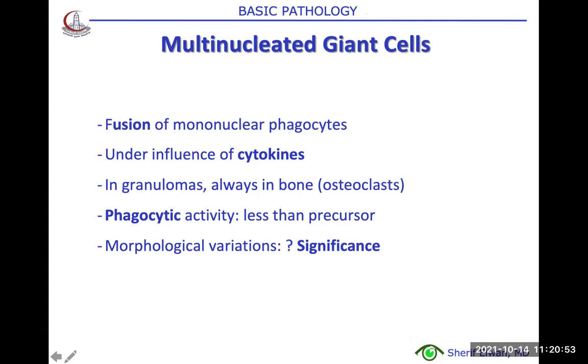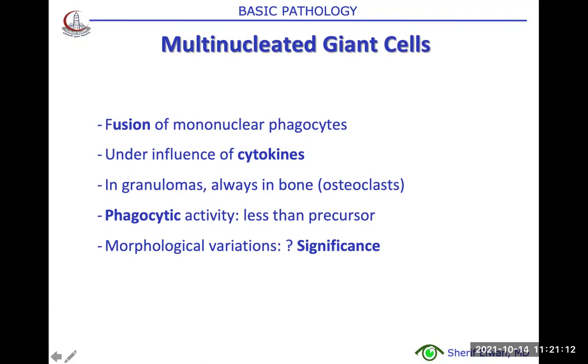Osteoclasts, which are the bone resorbing cells, are by definition multinucleated giant cells. They have phagocytic activity, but less than their precursors, which are the mononuclear cells, and they have a morphological variation